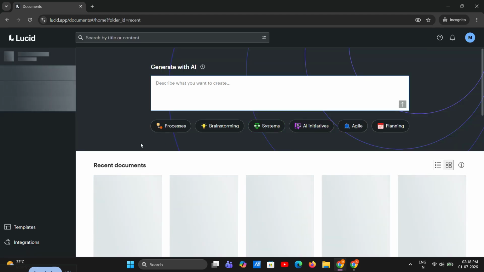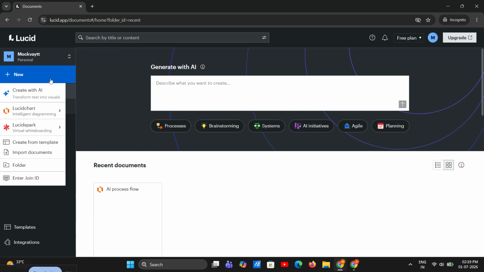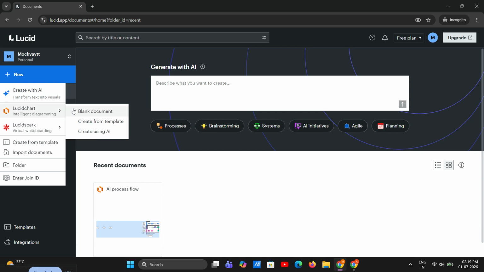If your goal is to create something new, look for the plus new button in the upper left corner. Click that button to open the creation menu. From here, you'll see your starting options for a new document. If you want to build something from scratch, hover over Lucidchart and choose blank document. This is the best option when you want full control and want to design your flowchart, mind map, or diagram